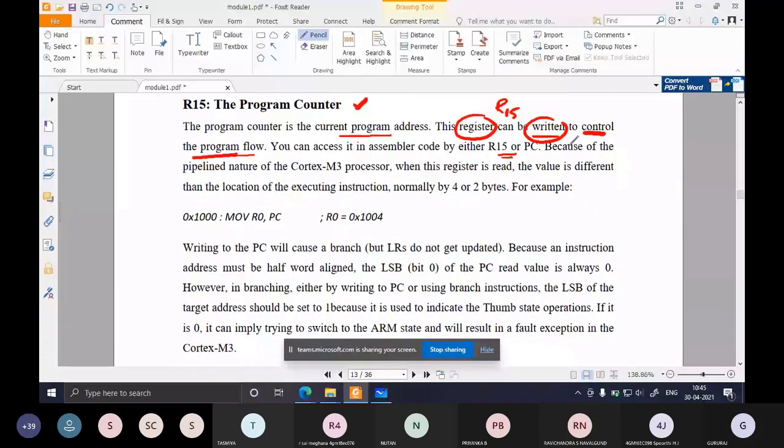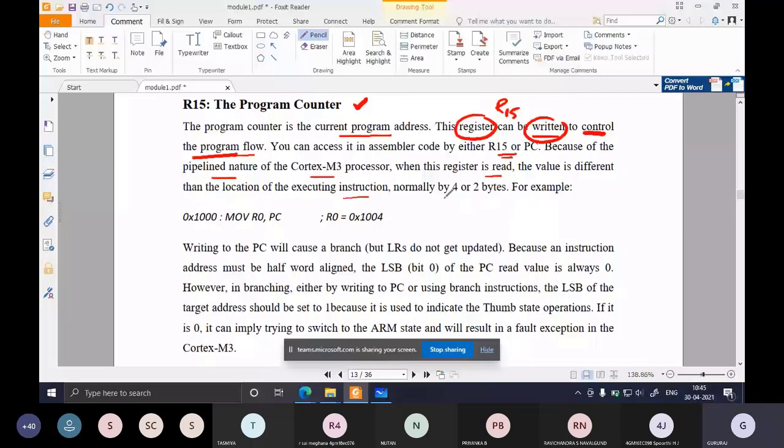The next thing: because of the pipelined nature of the Cortex M3 processor, when this register is read, the value is different from the location of the executing instruction, normally by 2 or 4 bytes.